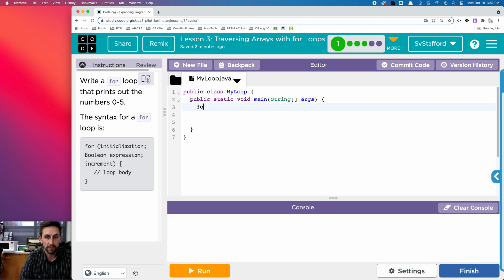Okay, so we're going to start with for, int i equals 0, because we want to print out 0 through 5. And so 0 through 5 is 6 different numbers, so I'm going to do i is less than 6. And then I want to print out every single one, so I'm going to increment with i++. We'll print this out,